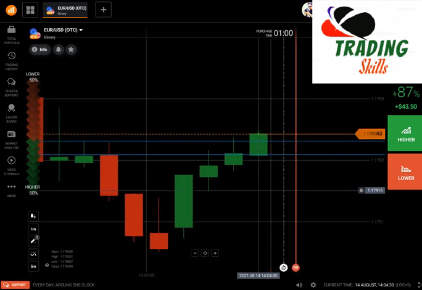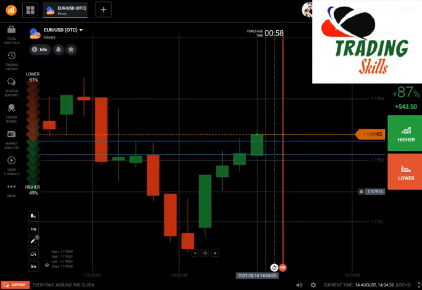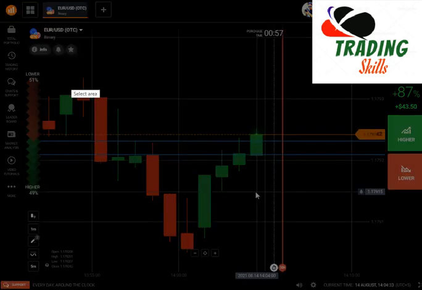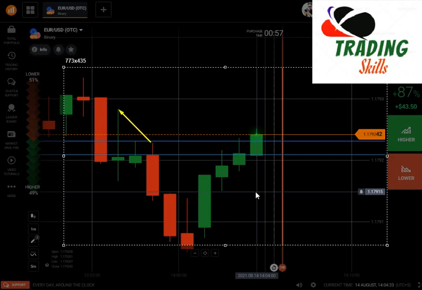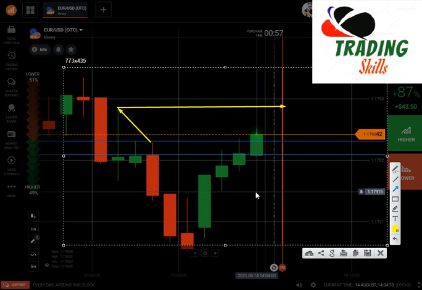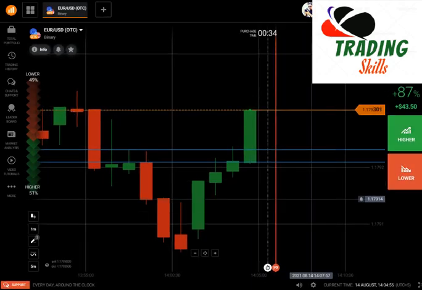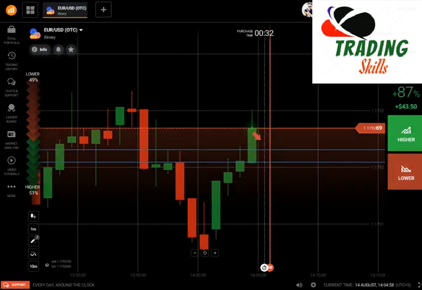As I told you in the beginning of the video, you cannot ignore this wick, because it is also coming from this zone. It means that the real and actual sellers are here. So if you want to wait for this level's breakout, then you need to wait for this level. Now after this candlestick, you can see